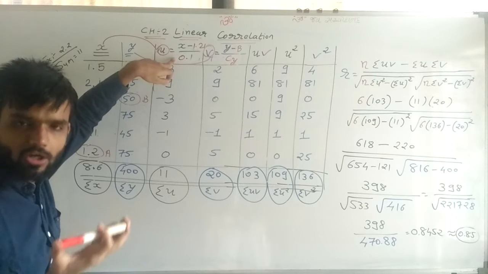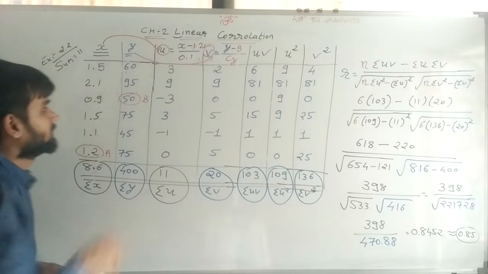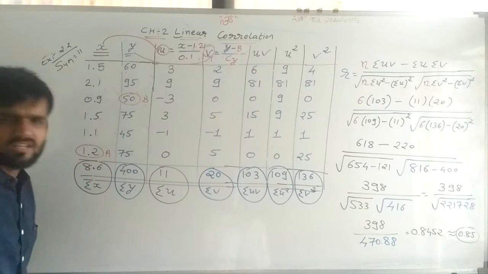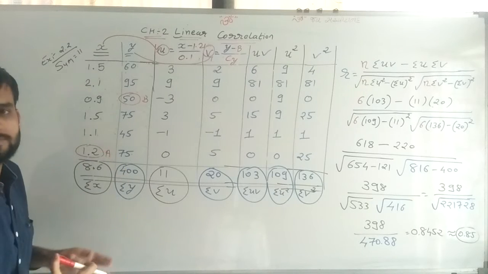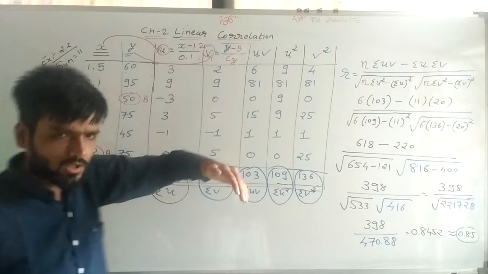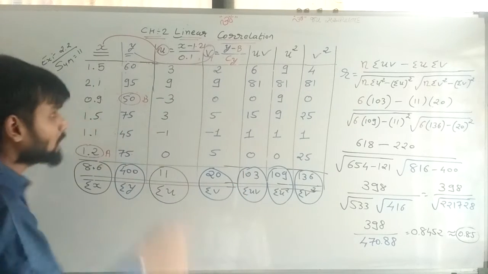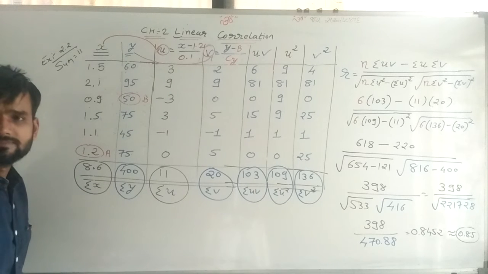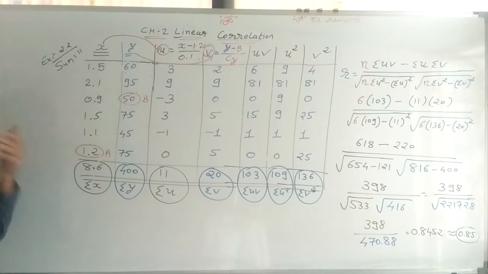Here a second method is also available. Sir, I want to multiply with 10. Here if we are multiplying with 10, even the point cancels. But I don't want to do that, because this is a very important point for 1 marker questions also, that we learn later. So here what I am doing is dividing with 0.1. So that's okay.